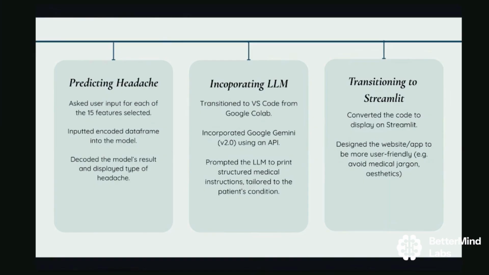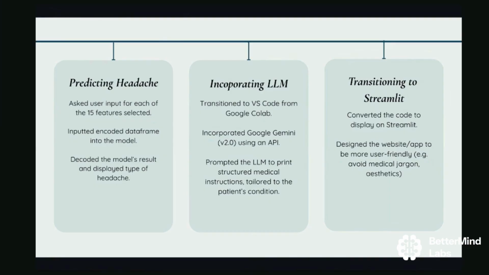So in the LLM model, we particularly use Google Gemini, the second version, using an API. So I got an API key, then implemented it, created a proper prompt to give structured medical instructions to make sure it didn't stray away and produce values that I didn't require. And then we inputted the decoded headache type into the LLM model and made sure it was tailored to the patient's condition. After finishing the entire coding, the backend aspect of it, I moved the model to Streamlit